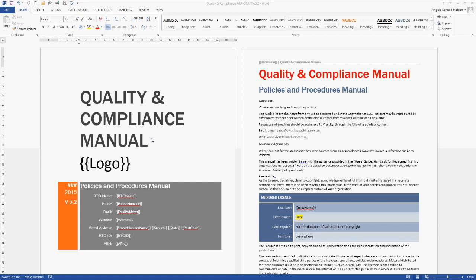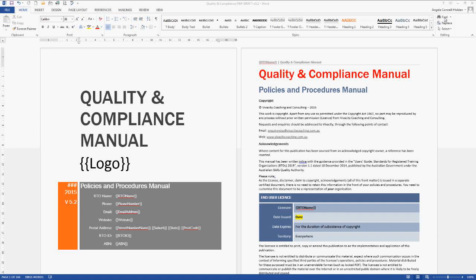Thanks, Ben. Okay, so this is the quality and compliance manual. One of the things that I recommend for all of our clients is to put this policy and procedure manual in soft copy on your desktop somewhere where you can access it on a regular basis, because this is your Bible.